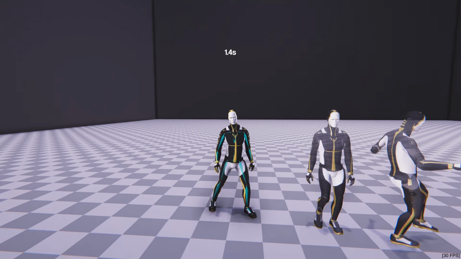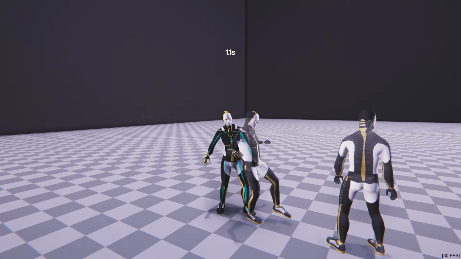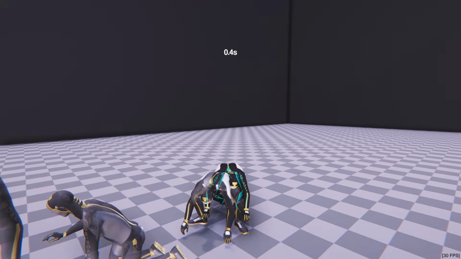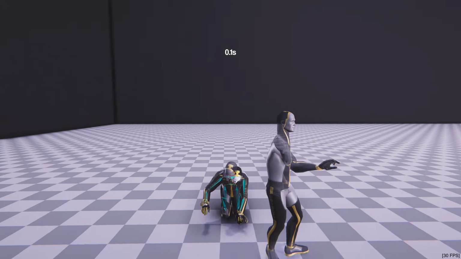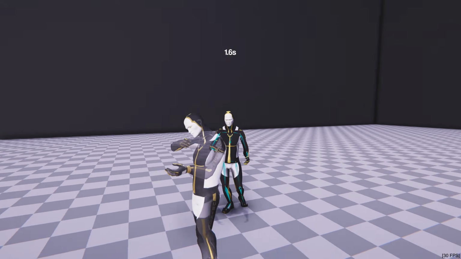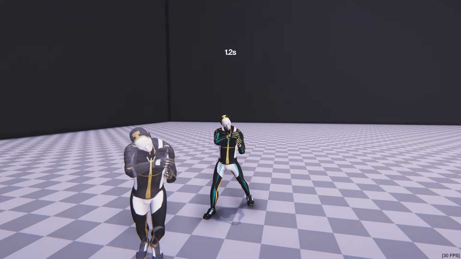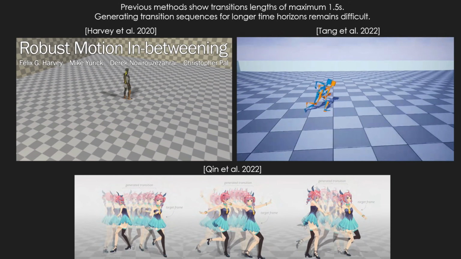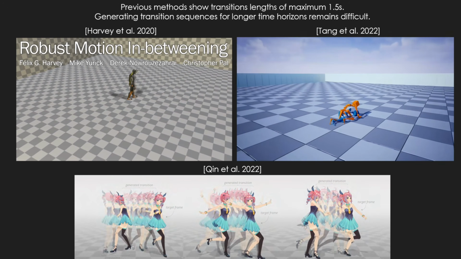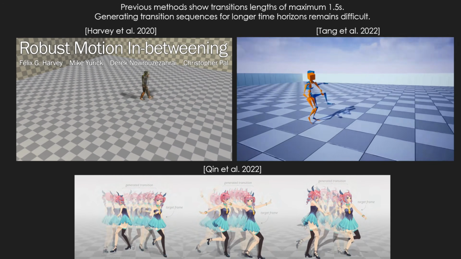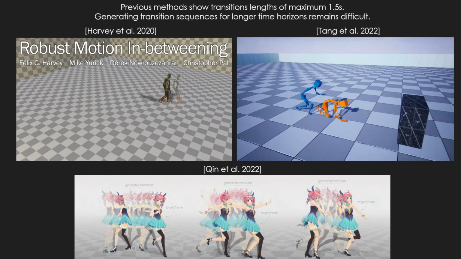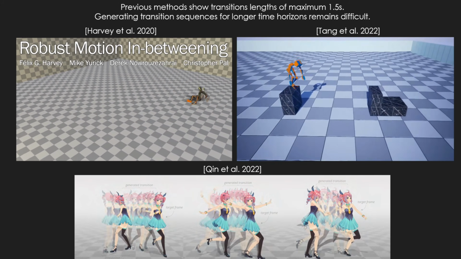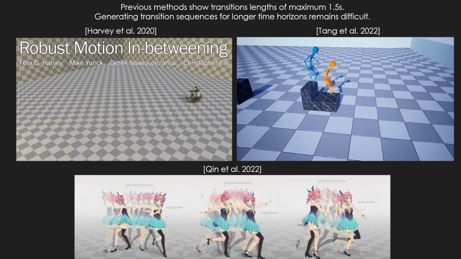Producing longer animation sequences by hand is tedious, and capturing each motion can be a costly process. Instead, given a sparse set of key poses, our method generates the missing motions between them in a plausible manner and can handle variable time durations between those. Various methods addressed the problem of motion in-betweening and showed promising results. However, supporting longer time windows between key poses remained a challenging task and limitation of existing frameworks, typically leading to poor results in such cases.